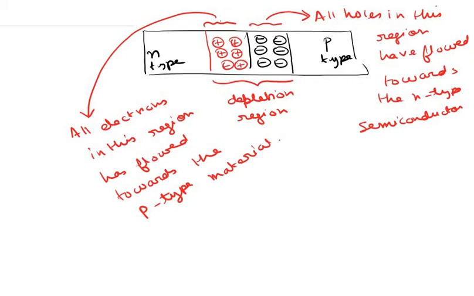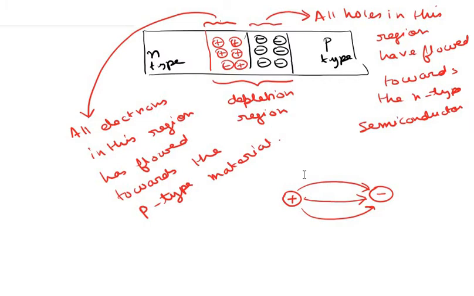Now note that whenever we have charges in space which are separated from each other, or accumulated charges in space which are separated from each other, an electric field builds up between them. For example, if I keep a positive charge here and a negative charge here, there will be an electric field which is directed from this positive charge to this negative charge. Okay, so whenever charges are separated in space, an electric field basically builds up between them.